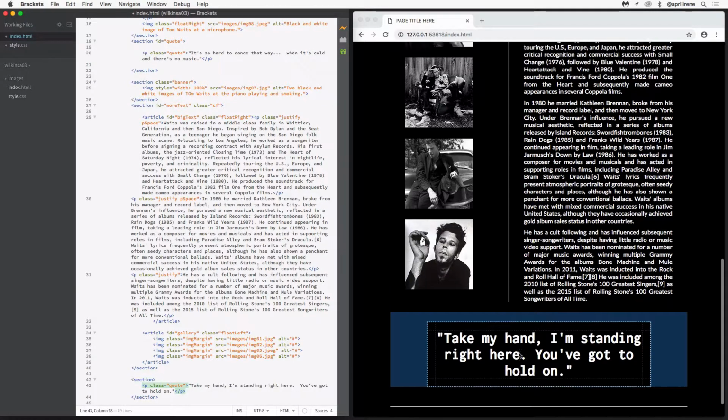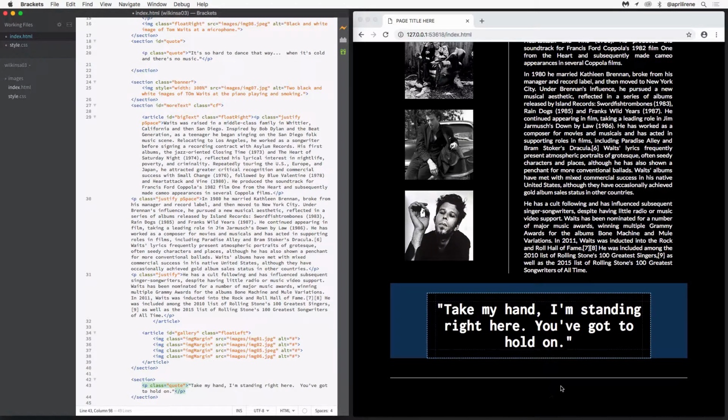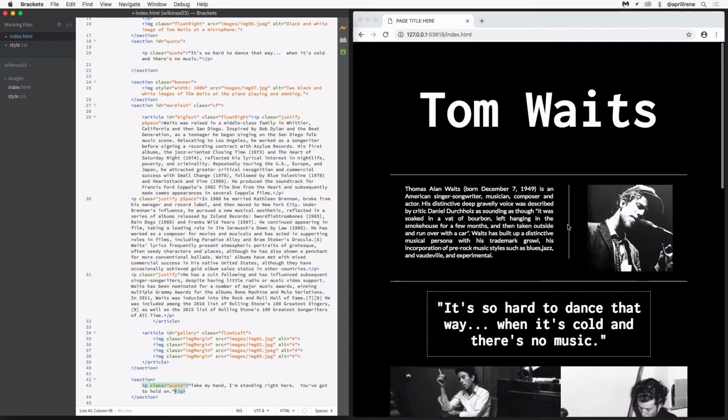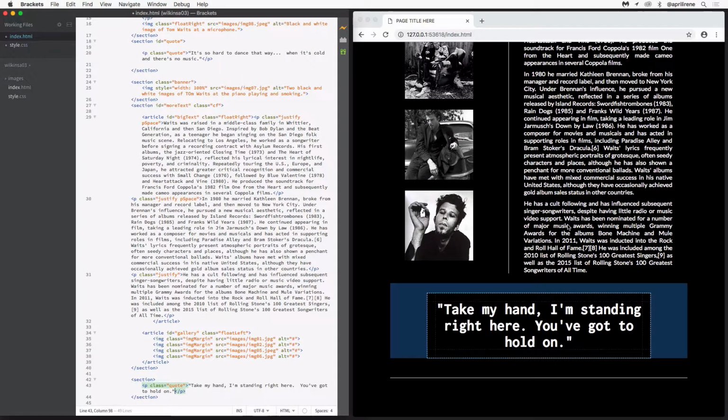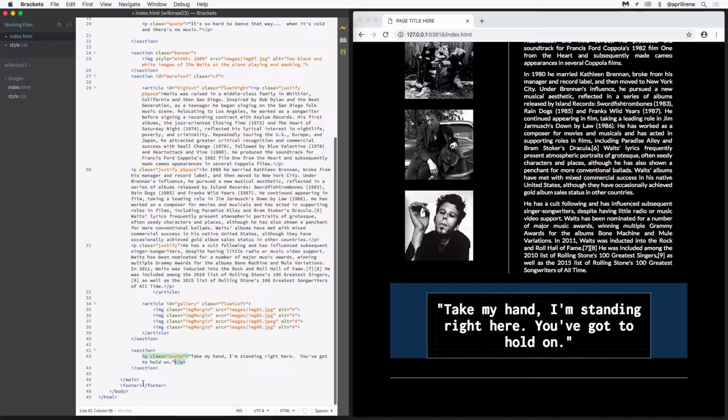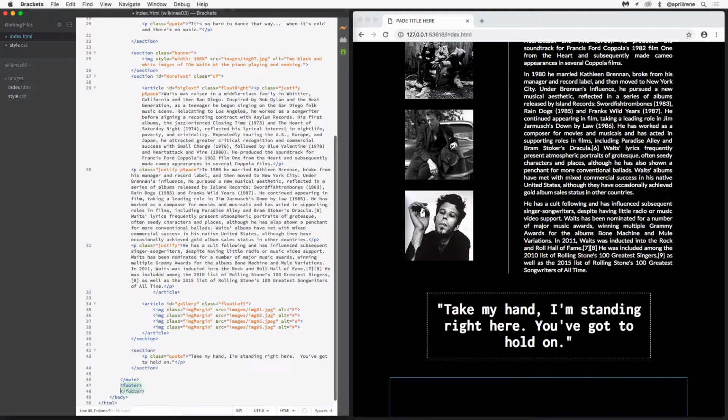All right, I think that looks pretty good. Now I just need to add maybe something down here at the footer, a little bit of a copyright, and then this is pretty much good to go. Okay, so I'm going to go here in footer, add in a paragraph,